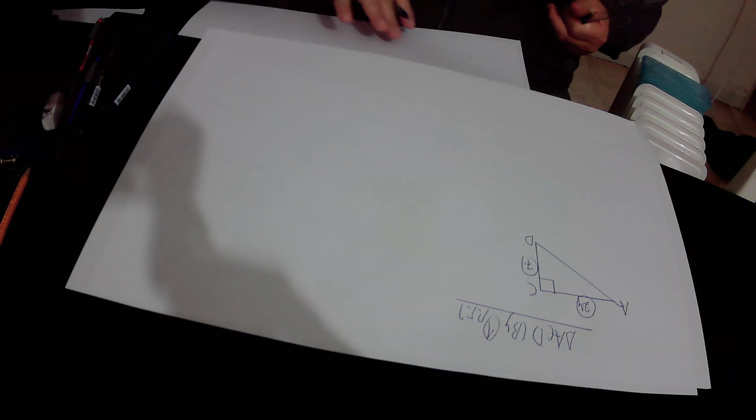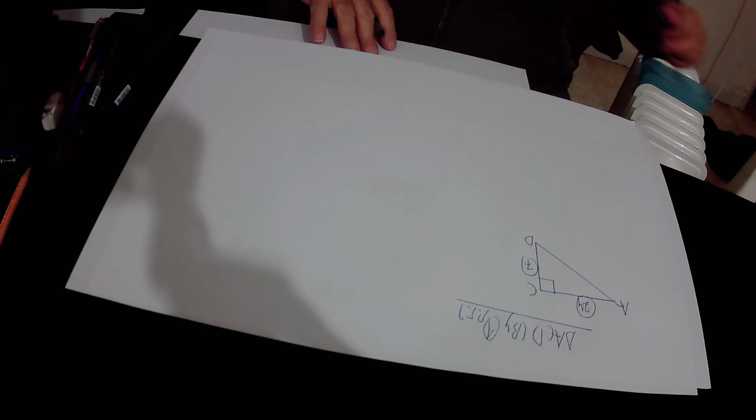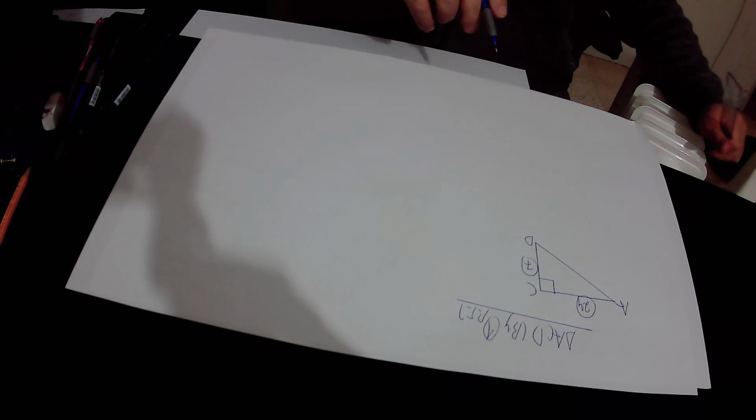So actually, this is the right triangle ACD that is copied from the original drawing. By PT, the relation from Pythagoras theorem,